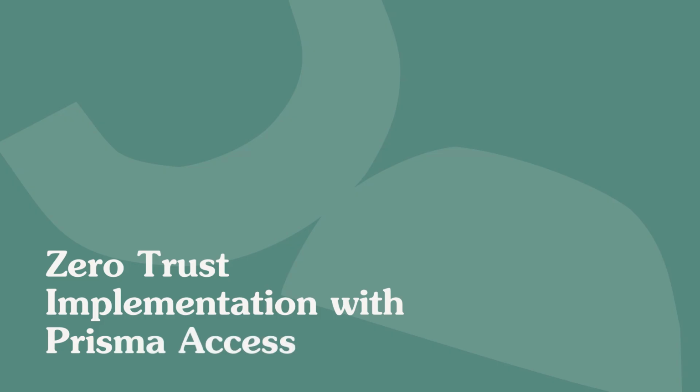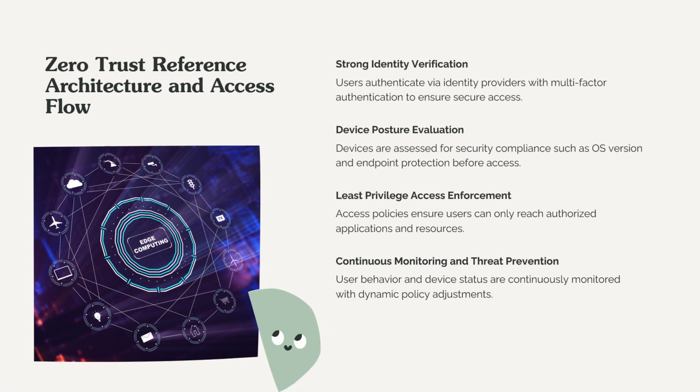Zero trust implementation with Prisma Access. Zero trust reference architecture and access flow. Strong identity verification. Users authenticate via identity providers with multi-factor authentication to ensure secure access. Device posture evaluation. Devices are assessed for security compliance, such as OS versions and endpoint protections,